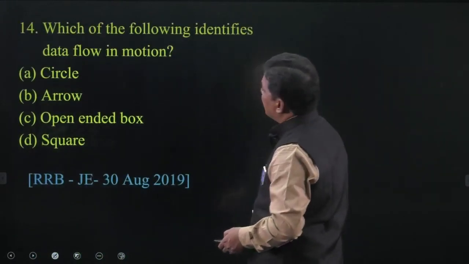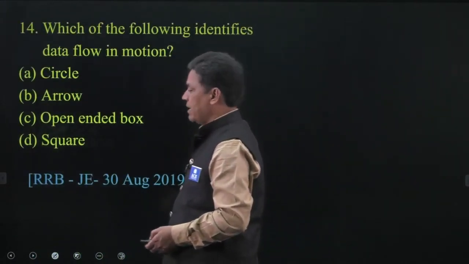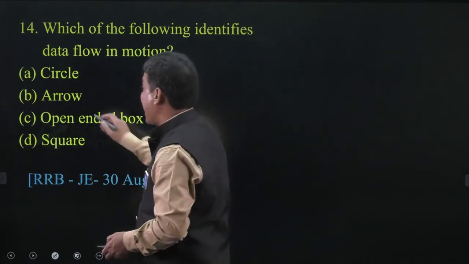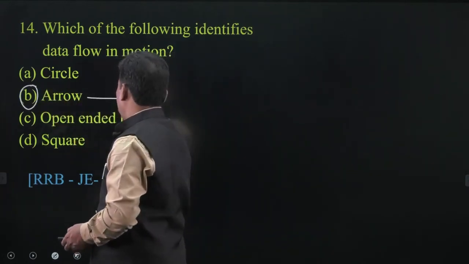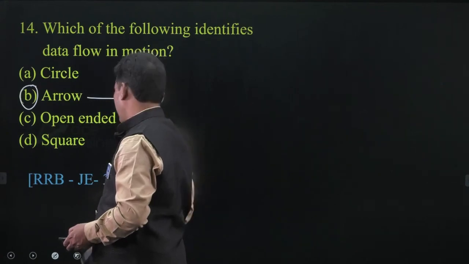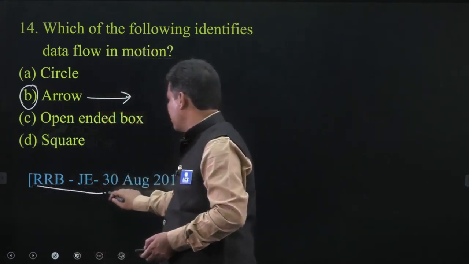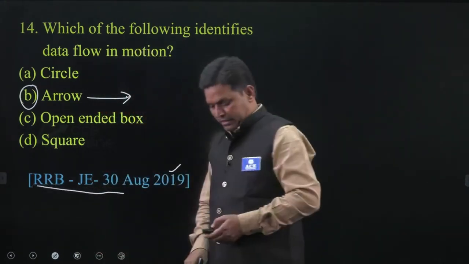Next, which of the following identifies data flow in motion? The flow of data for the software system can be represented with an arrow, right? So this question was asked in the year RRB JE 2019. So this is about